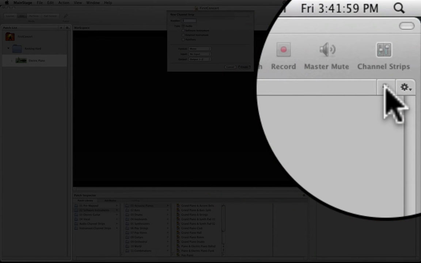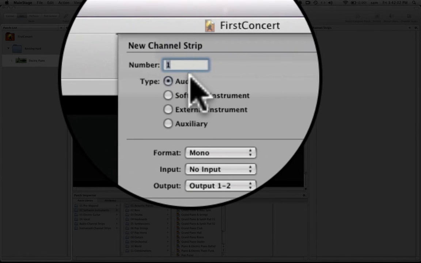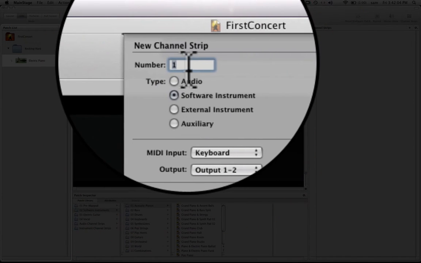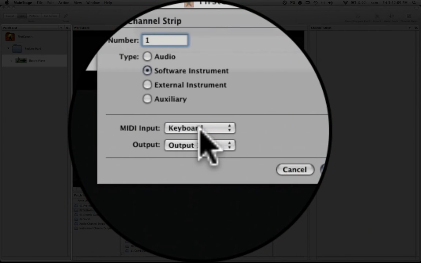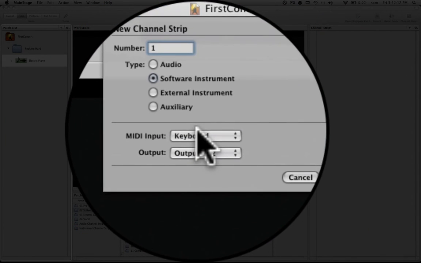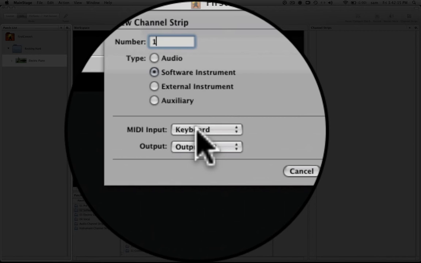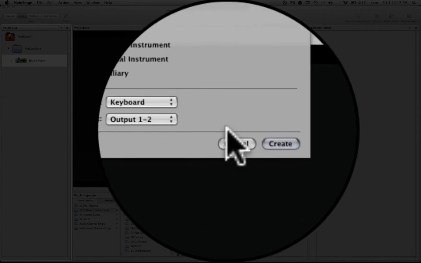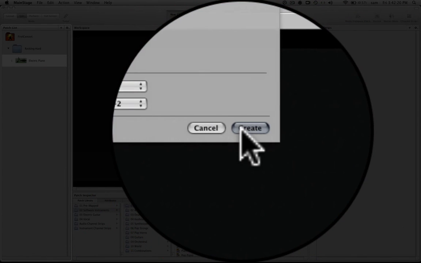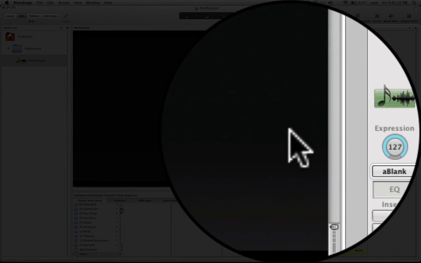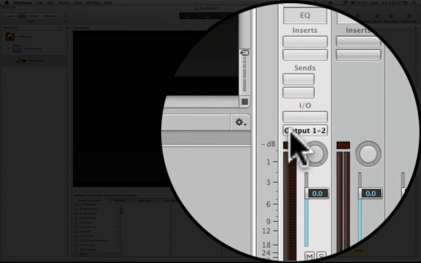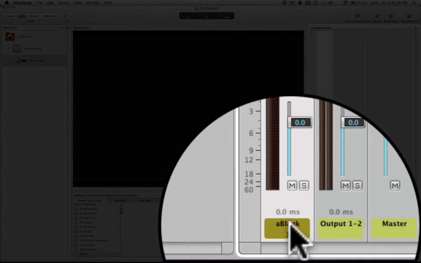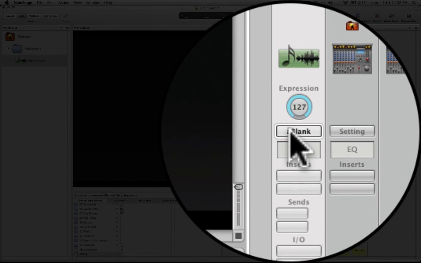That's the default plus button, and you get this little wizard type thing. We're going to do a software instrument, and we're going to create one of them. Our MIDI input is going to be keyboard, and then we're going to output on 1, 2. Now, that keyboard's kind of interesting because right now I haven't defined a keyboard, which is what we're going to get to in a while. So create that. Keyboard seems to be an instrument for when you haven't created any instruments, and it just works without doing anything. So my default channel strip came up, which is called A blank,